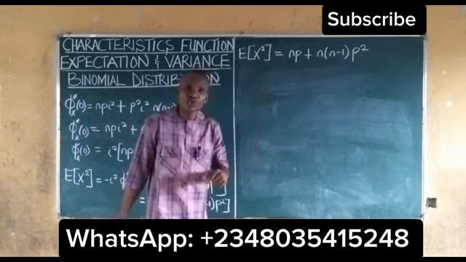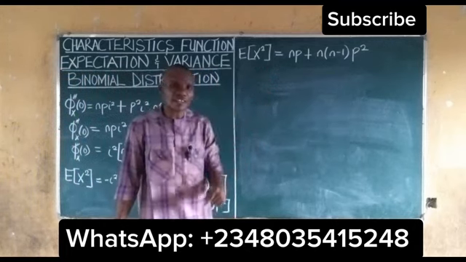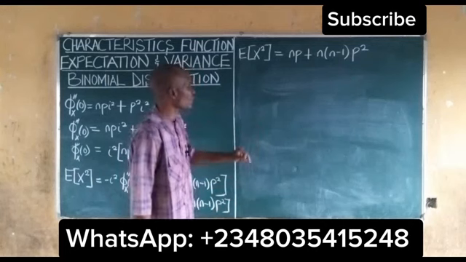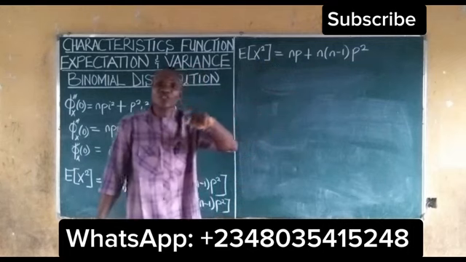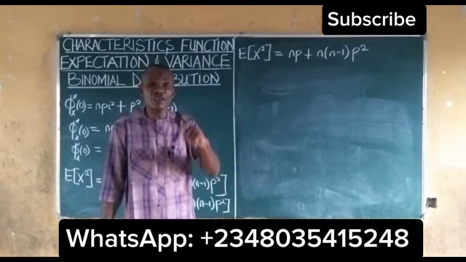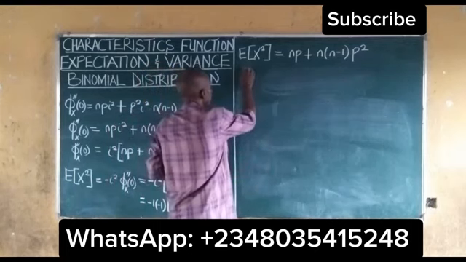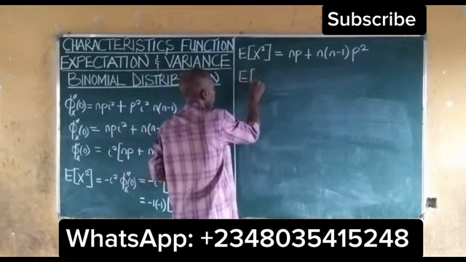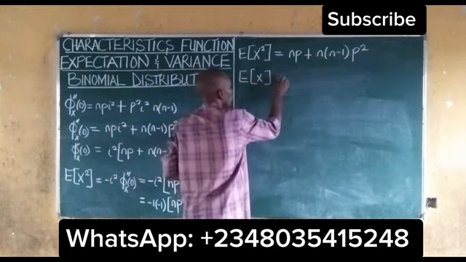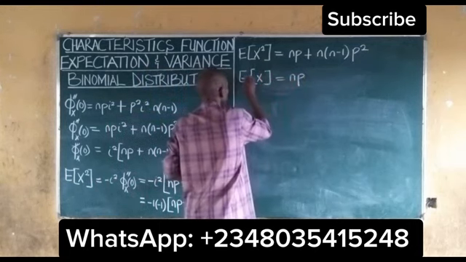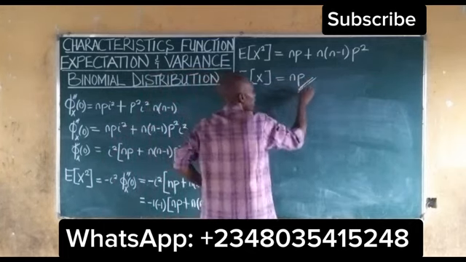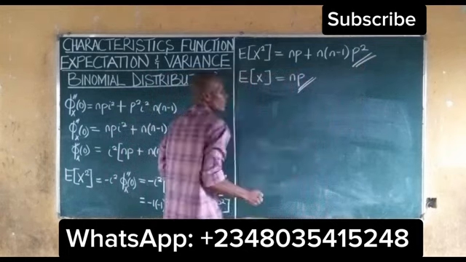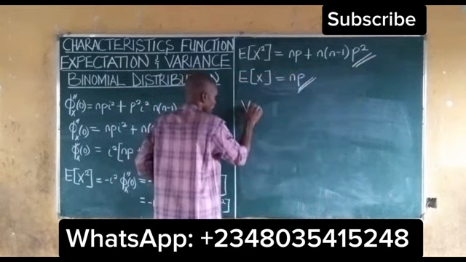The next thing to do is to find the variance. So we have succeeded in finding the expected value of x squared. We have also succeeded in finding the expected value of x. If you recall, we note that the expected value of x, like we got before, is np. So we can now find the variance, since we have gotten this. This is because the variance of x